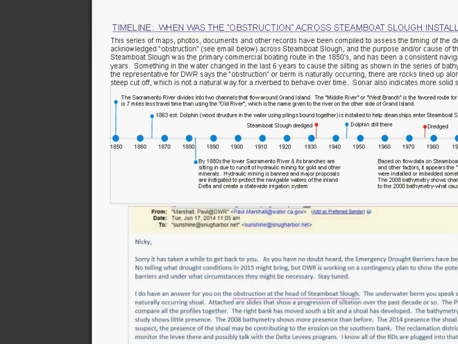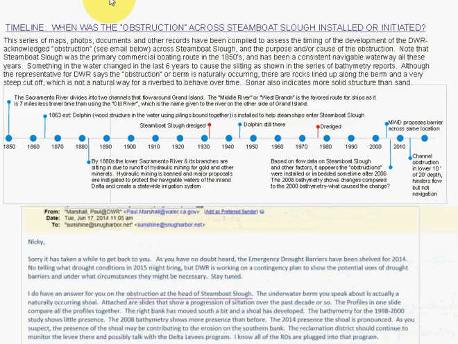So I think I have to resize. This is information, it's a PDF. You can get it at snugharbor.net and go to the barriers pages, or my news page from Snug Harbor, and there's a timeline to all of this. You need to know that Steamboat Slough is the original waterway the steamboats went up to. This is a timeline from 1850 all the way to 2014, and we look at exactly when this obstruction,